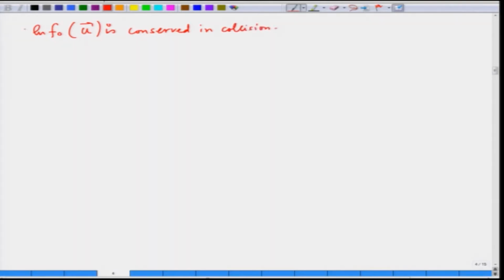Of course, we know which type of collision, so nothing new here. Now, we will do a trick. Let us now assume that some function chi r, which is a function of the velocity u, vectorially, is conserved